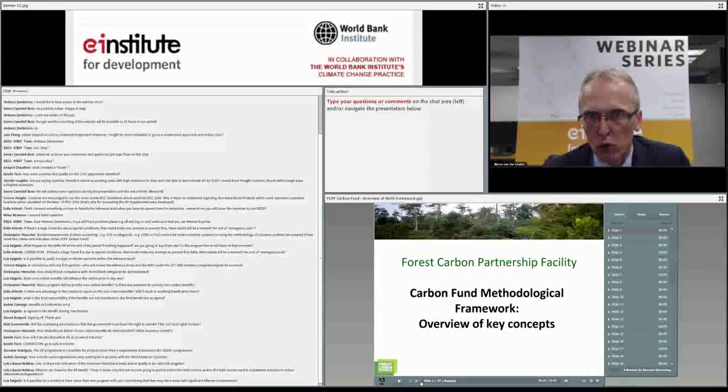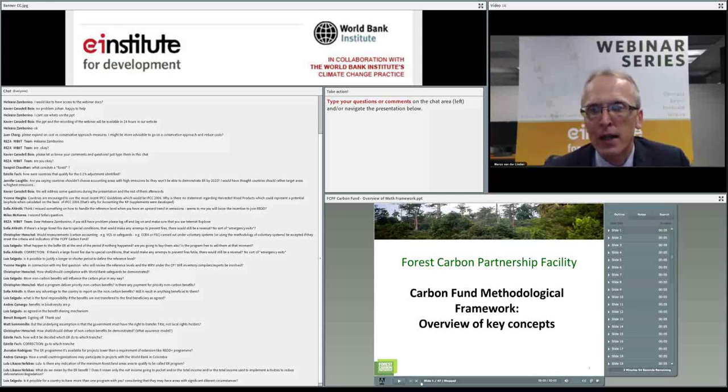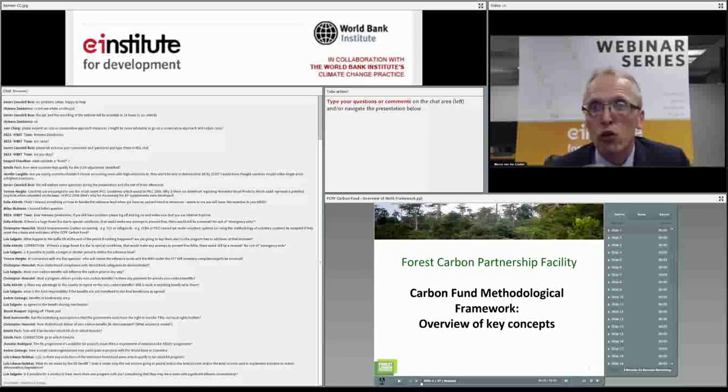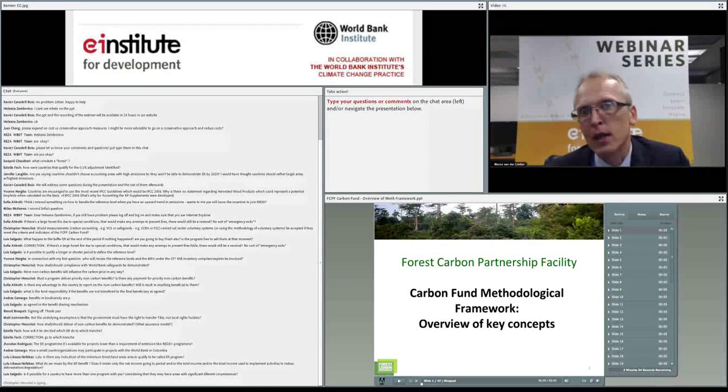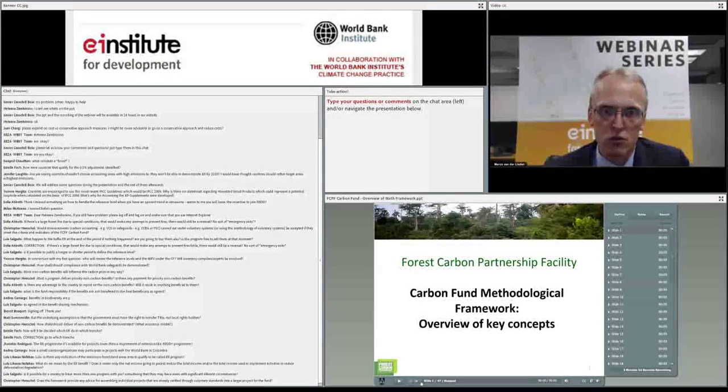Also keeping in mind again that what the Carbon Fund will do is pay for performance. So first you need to implement the activities, and only when the activities are implemented and the emission reductions are created, that's when the payment from the Carbon Fund will come. So it's good to be ambitious, but also be realistic. And yes, just to be sure, we're not saying that you need to do a country-level program per se. Most of the ideas that we're getting so far are either provinces or states, or maybe a collection of provinces. Most of them are subnational. There's only one actually that is aiming for a national program.